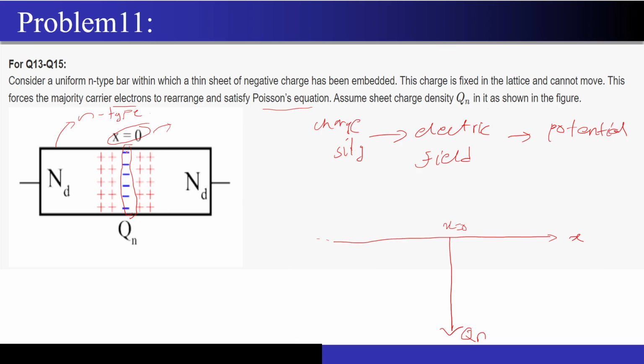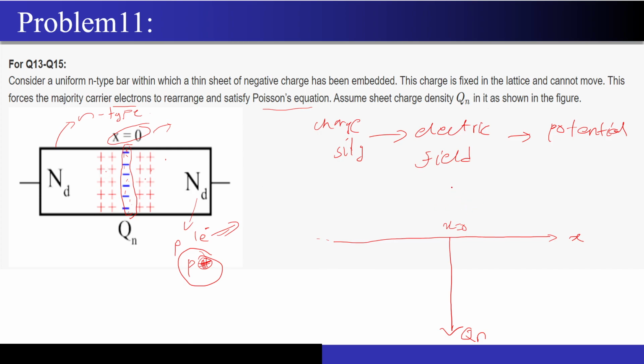Now if I have immobile negative charges present over here, so what will happen? These dopants are there. This dopant may be a phosphorus, right? Now it had one electron with it, right? But because of this negative charge density, that electron got pushed away and I was only left with the positive immobile phosphorus atom, right? The positively charged immobile atom. So now because of that I got a positive charge on the right, and since this sheet has been inserted exactly at the center, I will get these immobile positive ions on the right as well as the left of the sheet, right? This is what exactly has been shown over here.